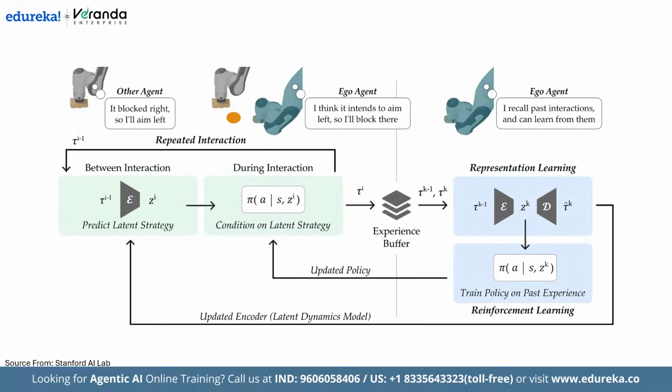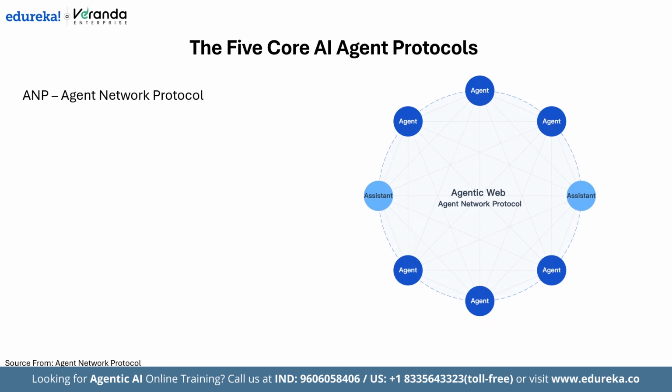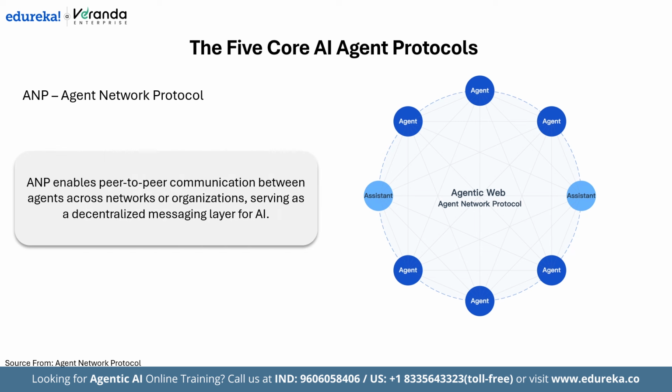Now, what if these agents aren't all inside one company but spread across the internet? That's where ANP, or Agent Network Protocol, comes in. It's designed for peer-to-peer communication between agents across different networks or organizations, kind of like a decentralized messaging layer for AI. It is used in large distributed systems like global logistics, financial trading, or smart city networks where different companies'